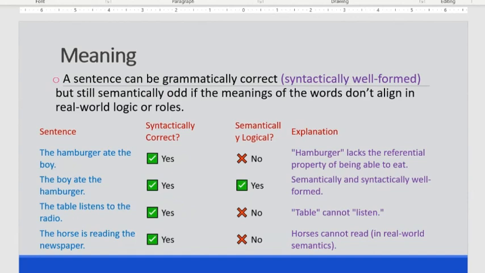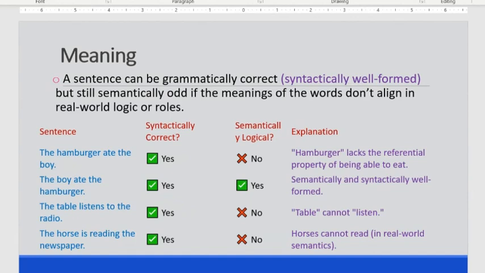So that's why when we write sentences, when we say something, we need to think of both syntactic structures and the semantic meaning. Okay, the boy ate the hamburger. That is correct. At the table, listen to the radio. Incorrect. When we think about the semantic,